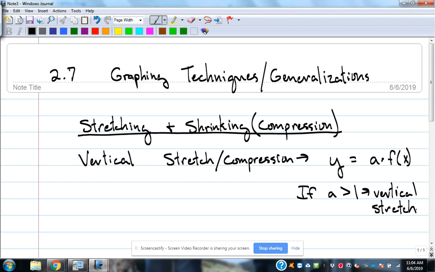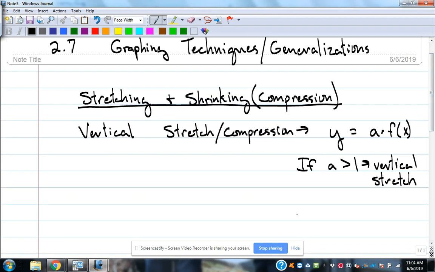It seems to make sense. If you multiply by something bigger than 1, it makes the answer bigger, right? So that would be a vertical stretch. Okay? If that number that you multiply by